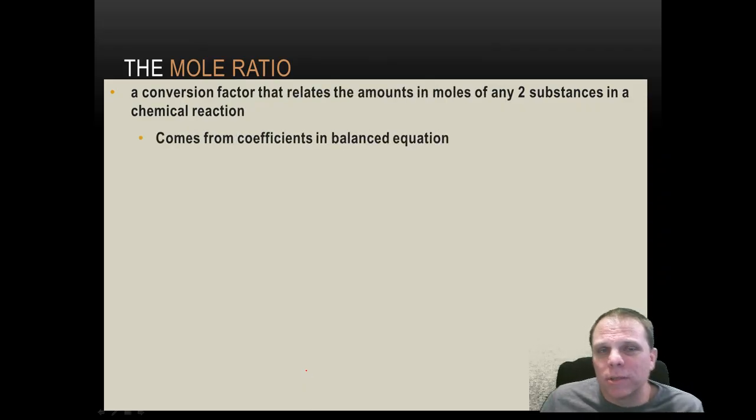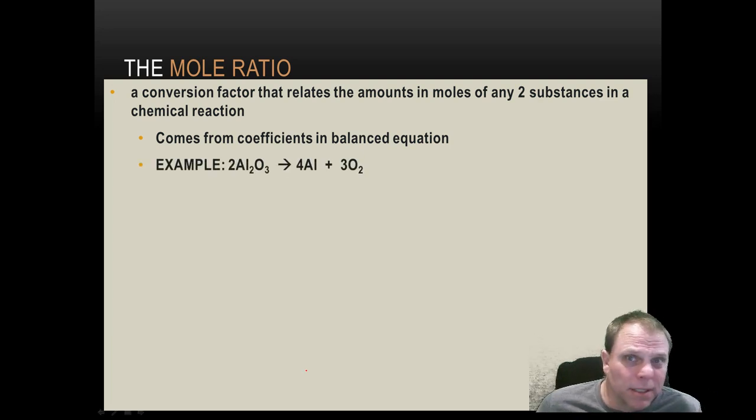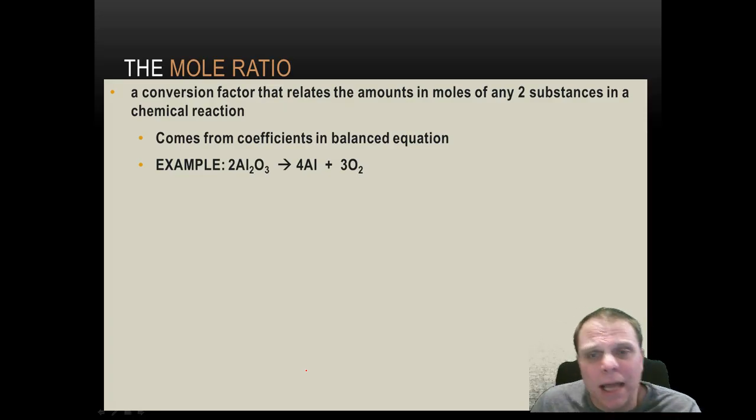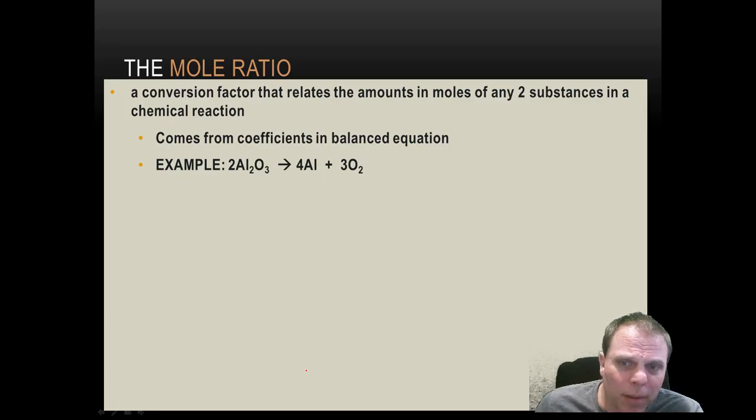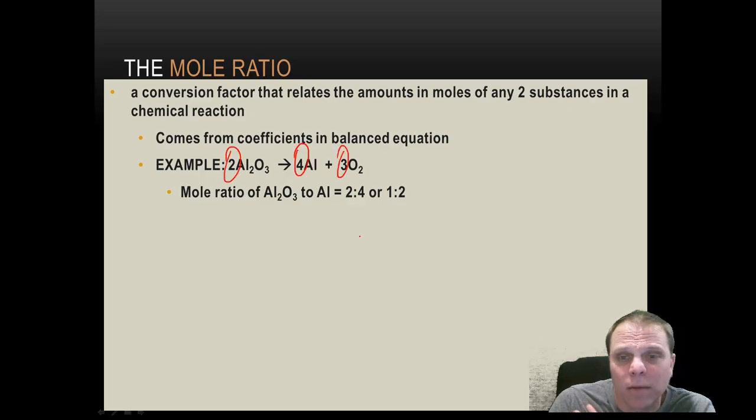Remember, the mole ratio is going to look at the coefficients, assume that they are moles of the substance in a balanced chemical equation, and then we can just make a ratio out of those. So for instance, if I have this aluminum oxide and that is decomposing to give us aluminum and oxygen, I can use that 2, 4, 3. I can use these little mole ratios,